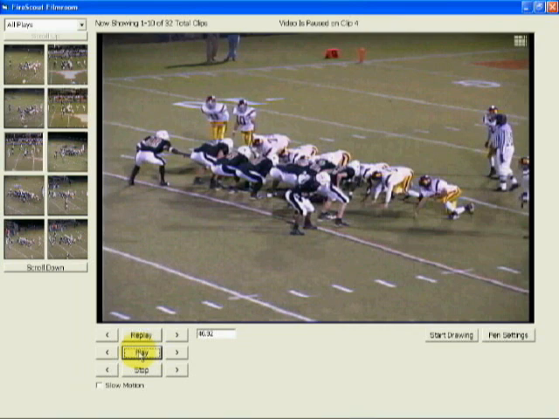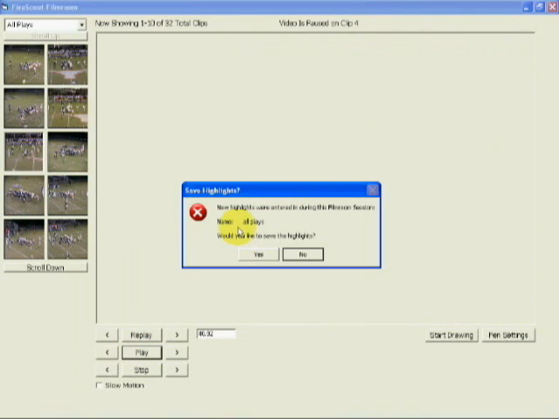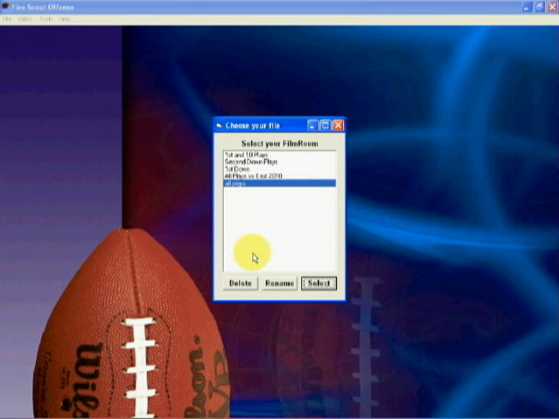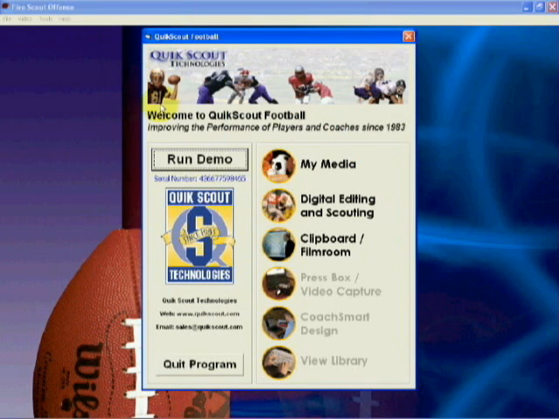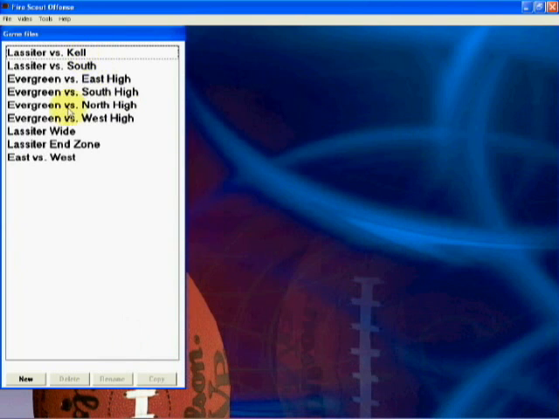Now if we move on further here, when I'm done with my film session with my players and I go to close this screen, it's going to say, hey, you entered new highlights in this. Do you want to save the highlights? So I'll go ahead and hit yes. And now when I do that, if I go back in and look at my data for that game,